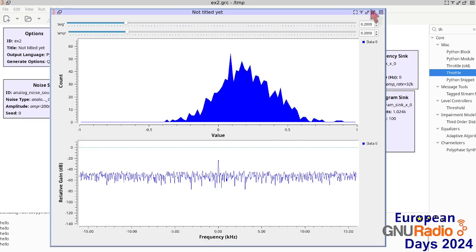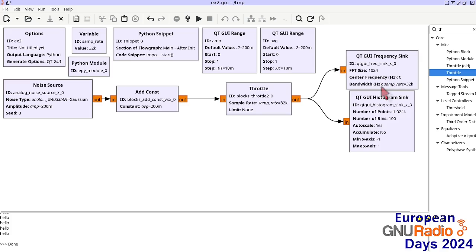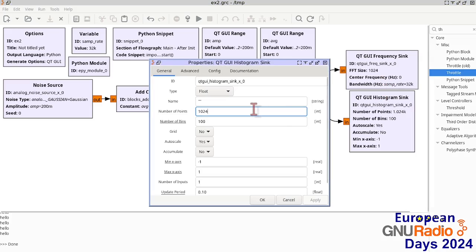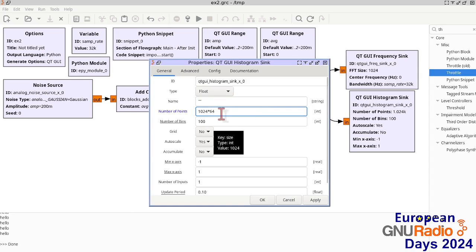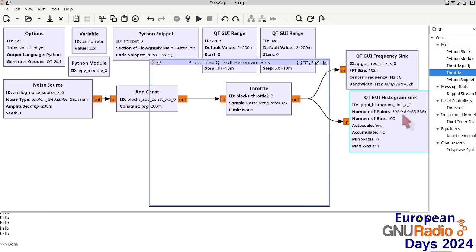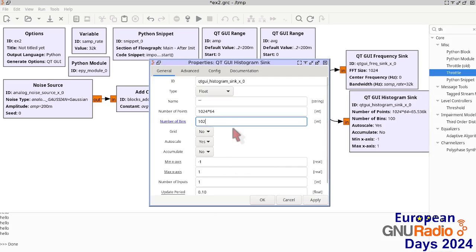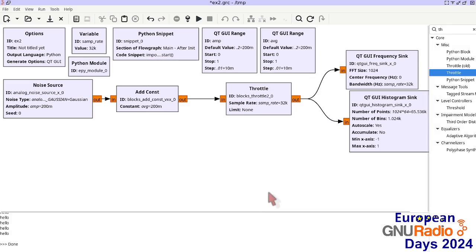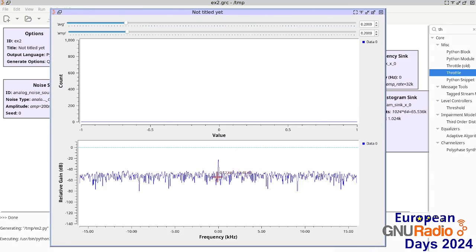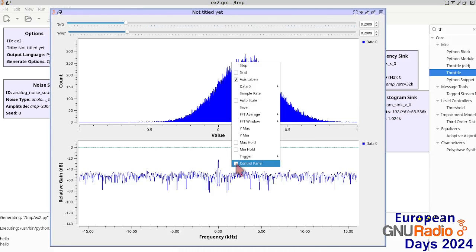This is not very beautiful. We want to maybe improve a little bit. So say that we're going to put in our histogram sink 65,000 samples, and let's make a bin a bit sharper. So let's make 1024 bins. And if we execute this, we have a sharper histogram, and similarly if you middle click the button and we do